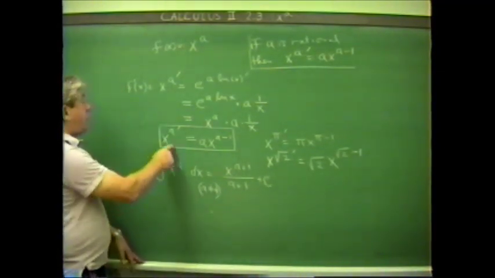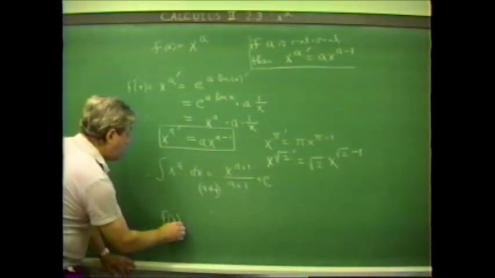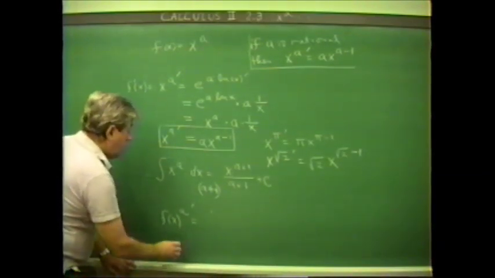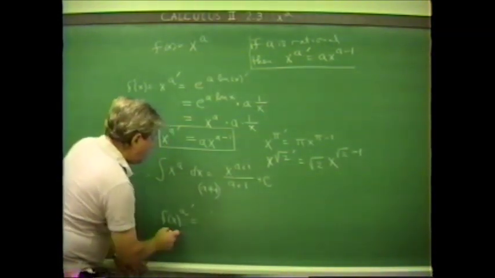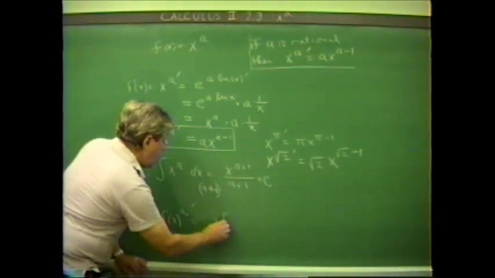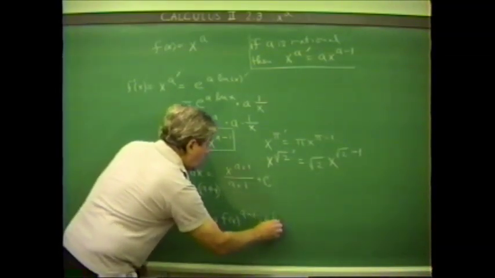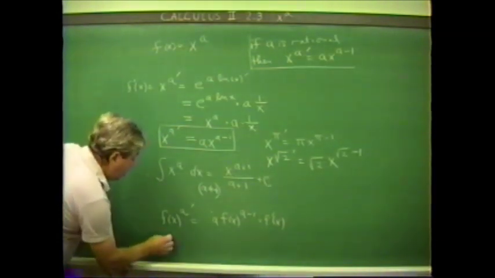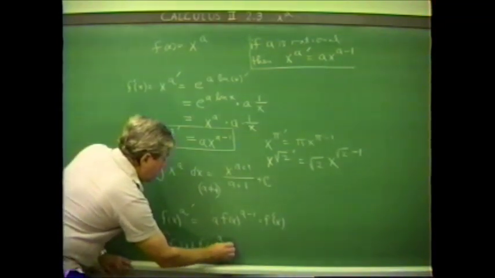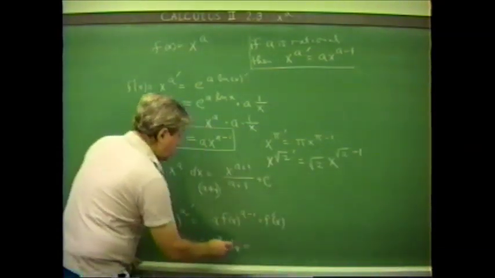Besides this, we can get some additional formulas, namely that the derivative of f of x to the constant power a is, this is a composition, so the derivative is a f of x to the a minus 1 times the derivative of f of x. And likewise, the antiderivative of f prime of x times f of x to the a dx, when a is any real number, is going to be equal to